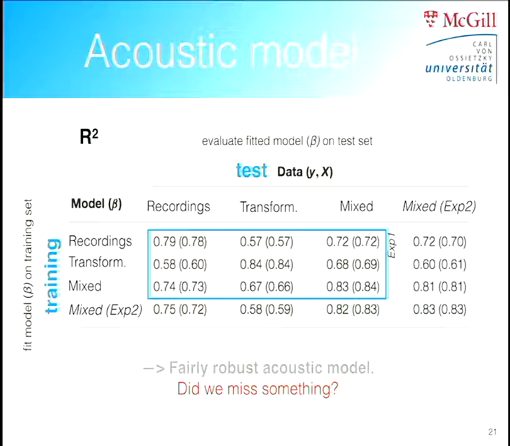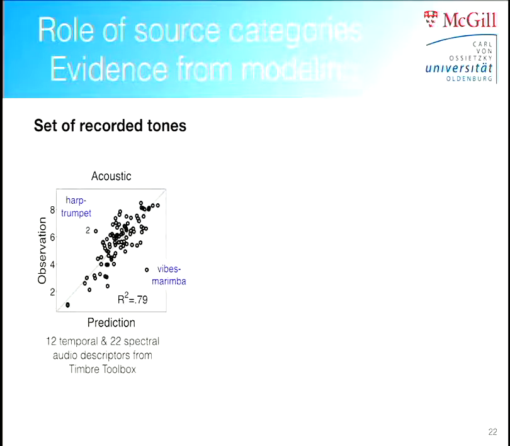And then the question is, did we miss something? So if we look specifically at the data, we see that there are some severe outliers. So on the y-axis, you see the observed dissimilarity, so the rating score. And on the x-axis, you see the predicted similarity. And now we're considering the set of recorded tones. And here, for example, you have two salient outliers. The first one is the vibes-marimba pair, where the model overestimated similarity. And the second one is the harp-trumpet pair, where the model